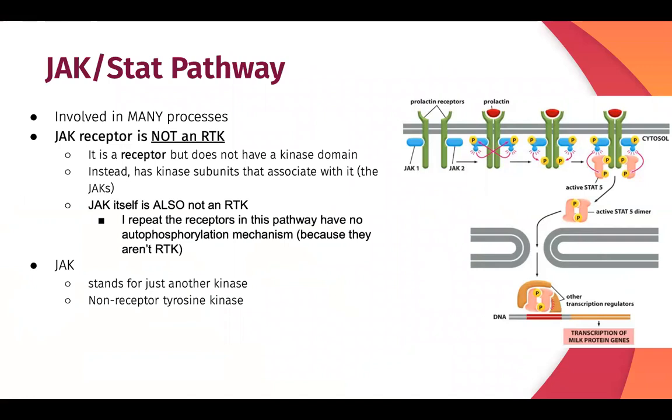So JAK-STAT is involved in many processes, like we said. So there's cytokines, so the immune system, there's cell division, there's milk production or milk protein production. So the JAK receptor is not an RTK. That's really important. So it's a receptor, but it does not function as a kinase. It doesn't have a kinase domain. So it has kinase subunits that associate with it. So you can see in this little diagram, our JAKs are